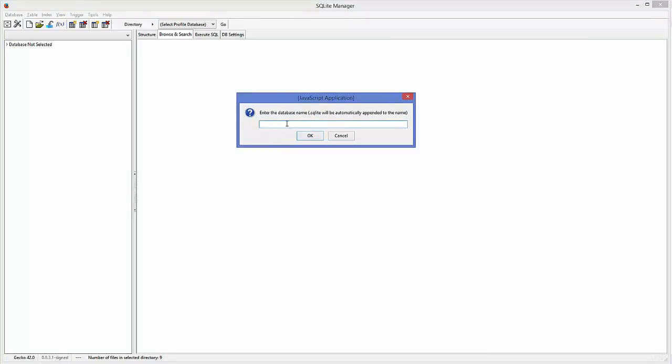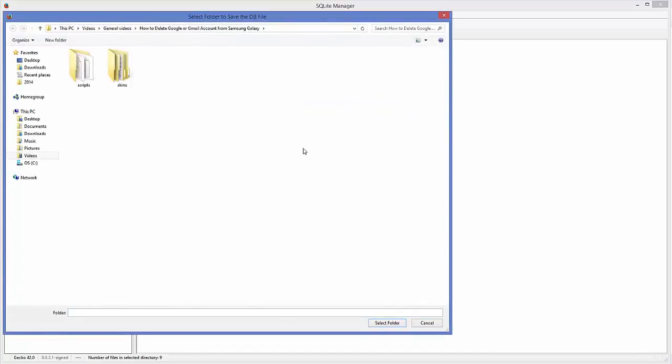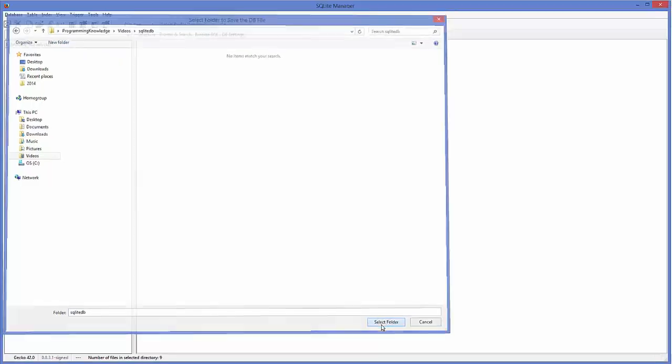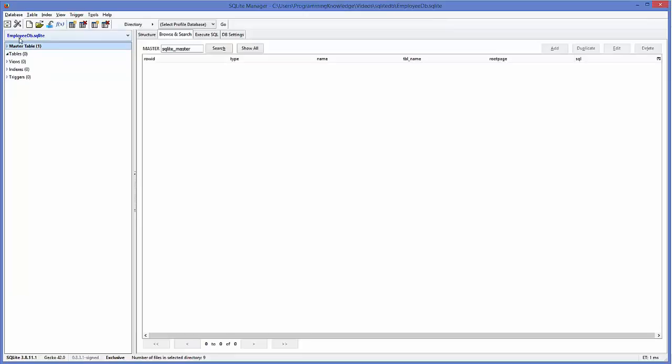Now for example, we are going to create a database called employee DB. Okay, and click OK, and it's going to ask you to save this database at some specified location. So just select some location which you can remember and just say create folder, and now your SQLite database will